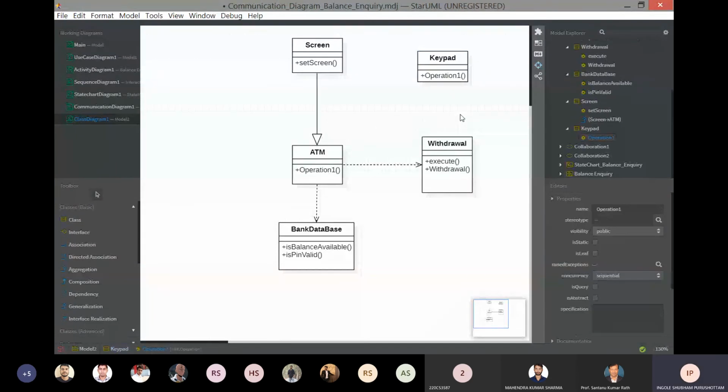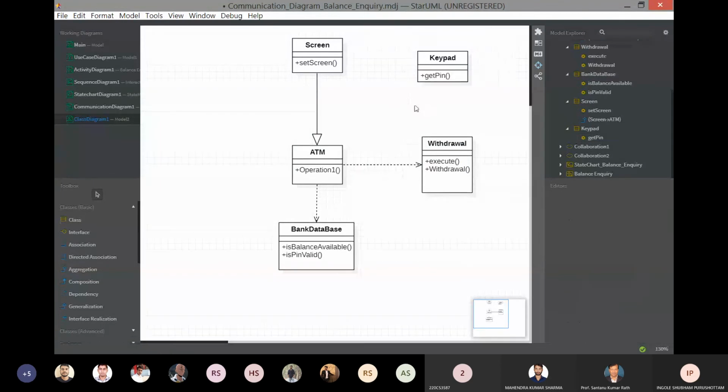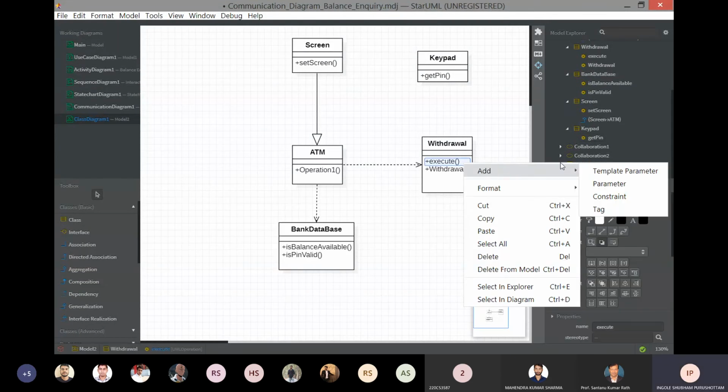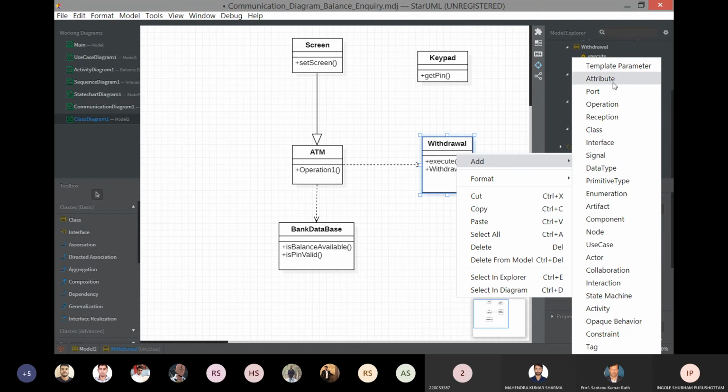Add operation, get pin. So for withdrawal, I will add attributes.